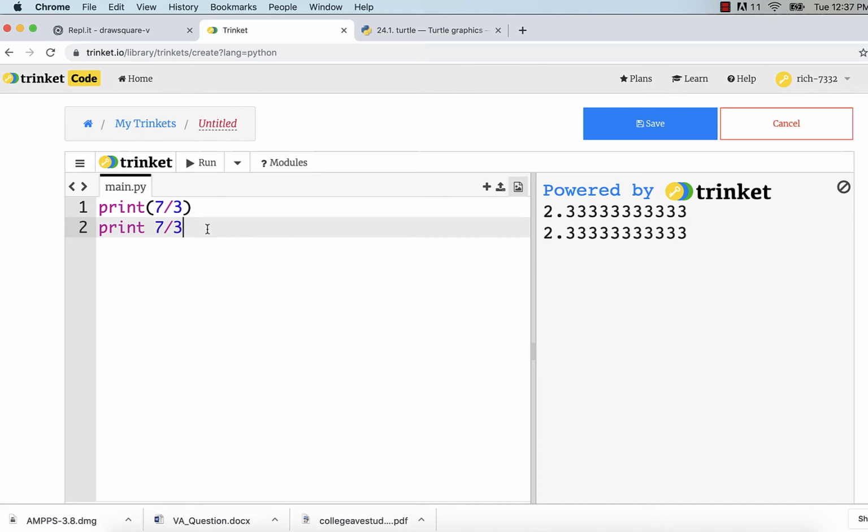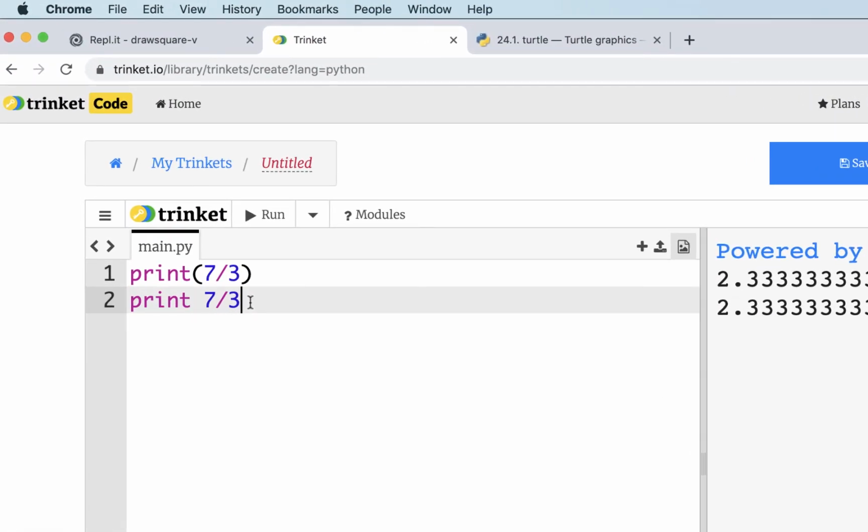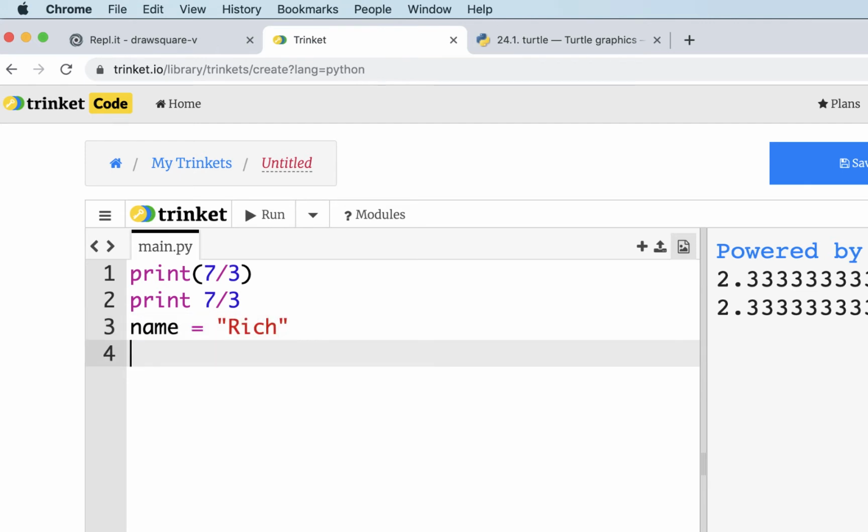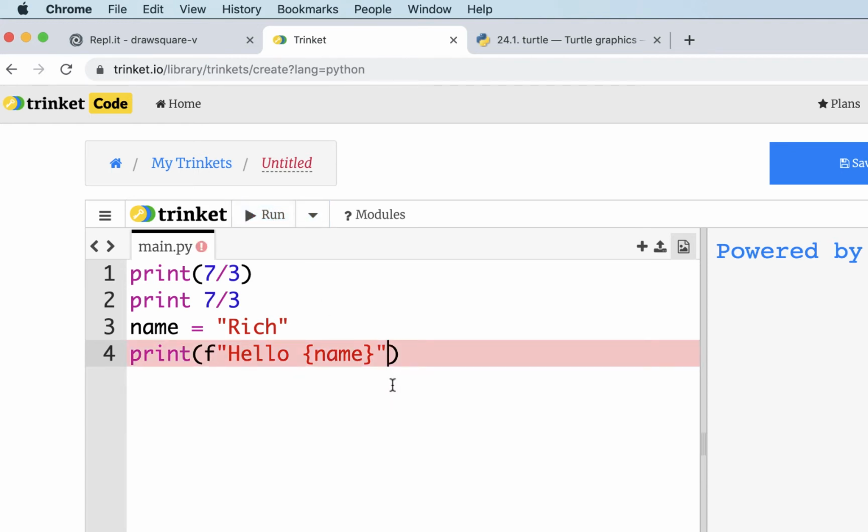So you shouldn't have any problem other than something, just for example, between Python 2 and Python 3, or 2.7 and 3.7, whatever versions you happen to be using. One of the things you can't do in here is use f-strings. So if I put name equals Rich and I made a string for my name and I wanted to output that by using f-strings, and that's the one where we put an f and then we create the string, and I'll just put hello, and then in curly brackets you can put the variable name like that and then end the string. And typically you can print that out with Python 3.7, and it'll put Rich in there. If you do it here, you'll get an error,